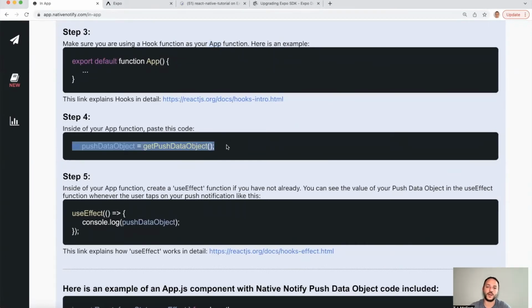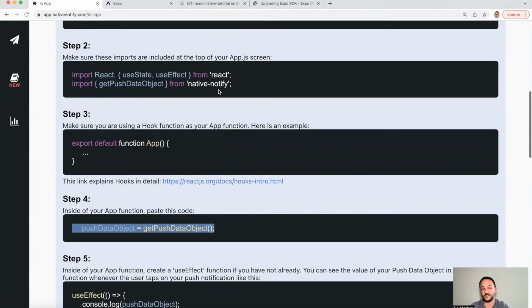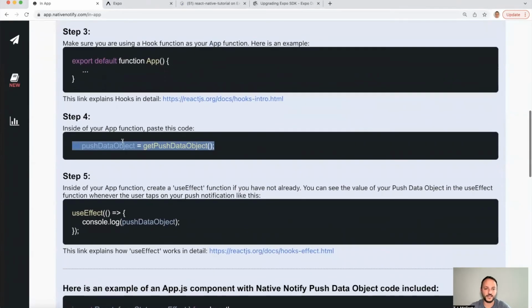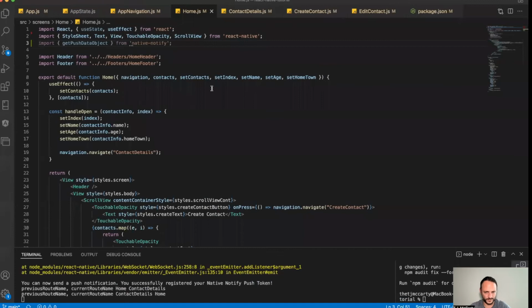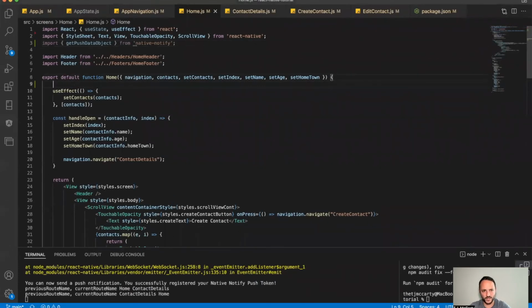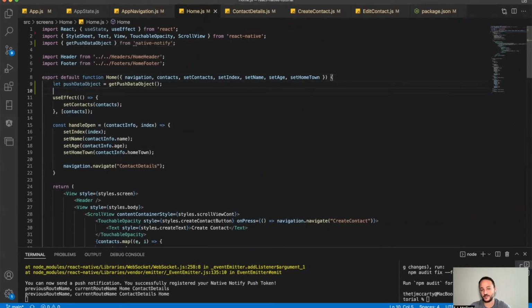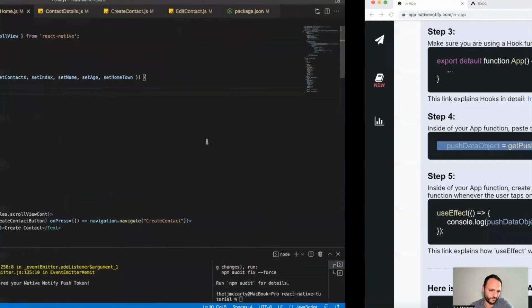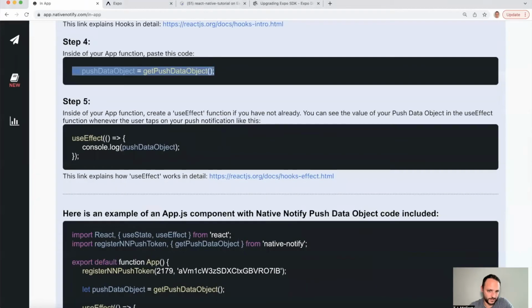So you can, again, import that in whichever function you want, copy this, and go to whichever function. It does have to be a hook function, but it can be any hook function. All right, I'm going to put that there. And it's saying that now you can use the value of this push data object